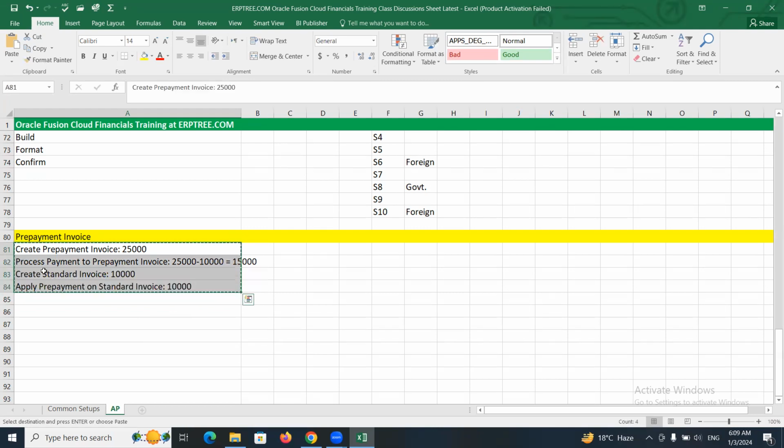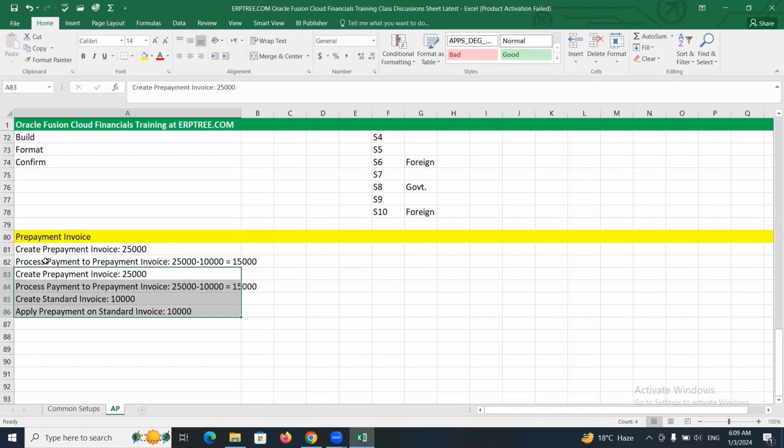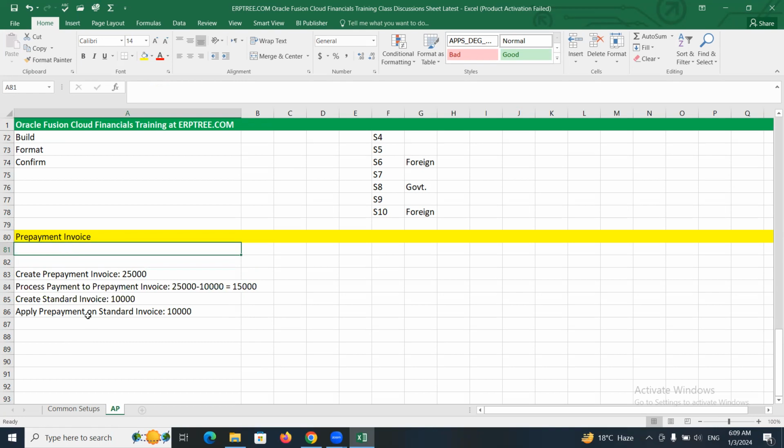Here, when you create the standard invoice, if prepayment is available with the same supplier, to display that information, we have to enable one checkbox in the invoice options. If you enable the checkbox, whenever you create invoice against the same supplier, if any prepayment is available with that supplier, system will display it. The checkbox name is,